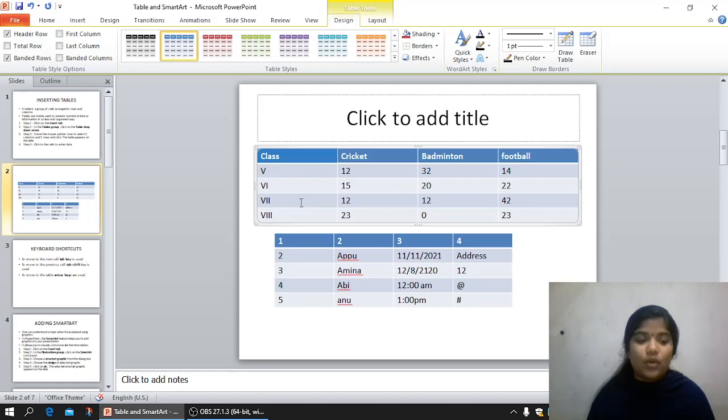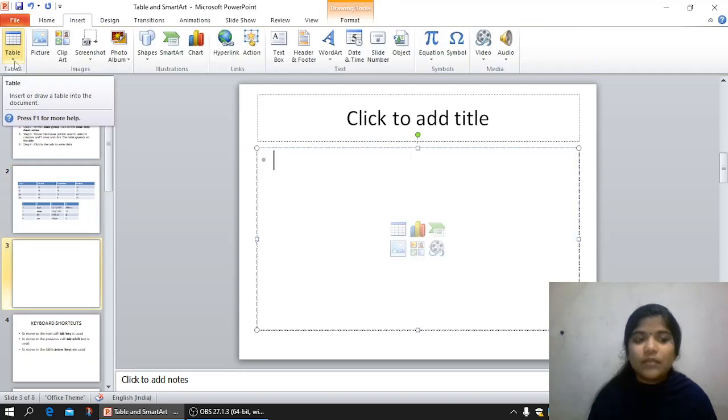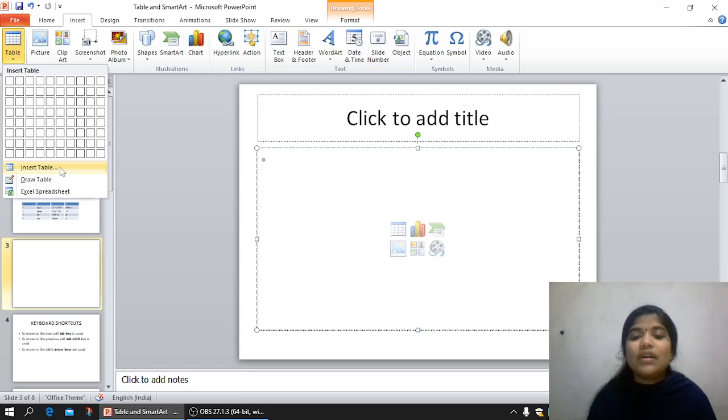Then in the case of tables, we have one more method to create the table. Let us check what that method is. You have to go to the Insert tab, again to the Tables group. From there we have to choose the drop down option Table. The method we have learned is hovering over these boxes and choosing a particular column number and row number. One more option is Draw Table. Okay, that option is known as Insert Table.